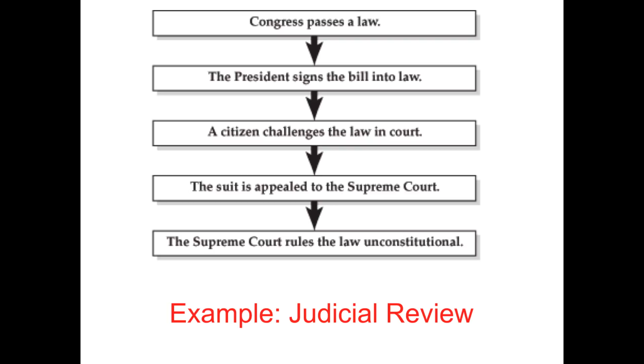The federal court, the district court, looks at it. It then gets appealed to the federal appeals court. The federal appeals court still doesn't satisfy the beliefs that the citizen feels is being violated, and then the case goes to the Supreme Court. Now, in many cases, an appeals court will find its decision overturned, especially if it's the Ninth Circuit Court, which is the most left of the appeals courts, the 12 appeals courts in the United States. When the Supreme Court rules the law unconstitutional, it's a directive to the rest of the government that you have to start from scratch. This law is not valid. It does not need to be followed.